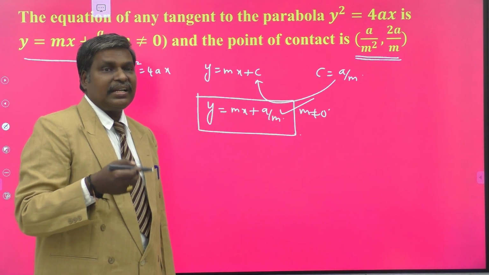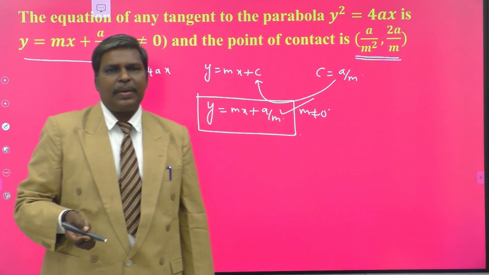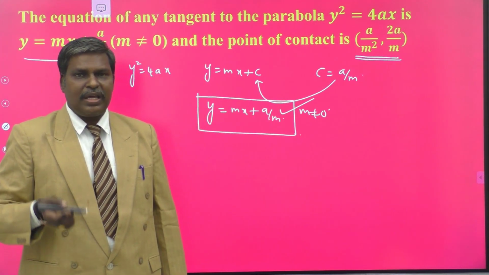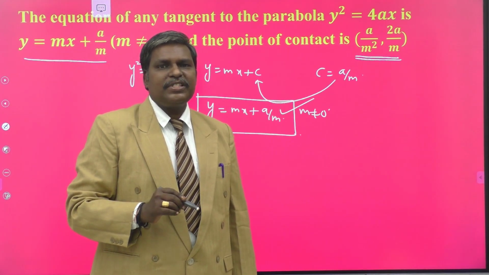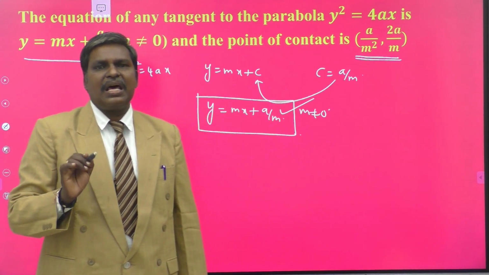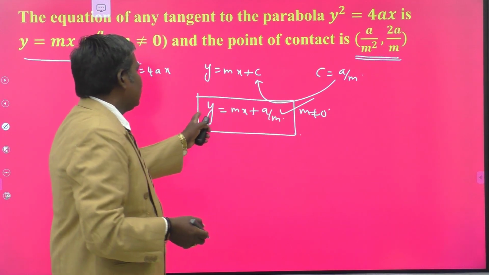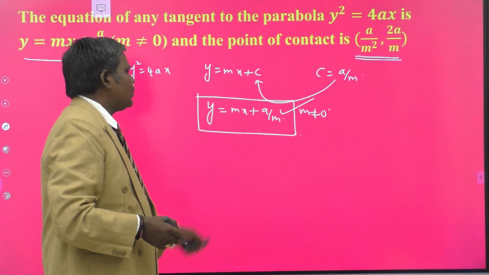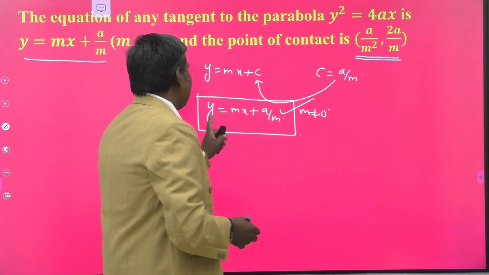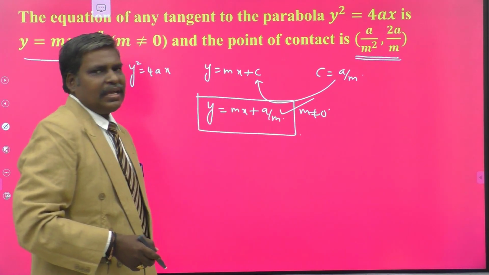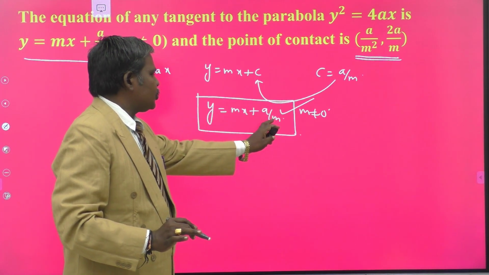Already we discussed the general tangent of a circle having slope m. What is that, my dears? For x square plus y square equal to r square, it is y is equal to mx plus or minus r into root of 1 plus m square. For S equal to 0, it is y plus f is equal to m into x plus g plus or minus r into root of 1 plus m square. In the same manner, we derived the tangent equation in general form having slope m to the parabola y square equal to 4ax, which is y is equal to mx plus a by m. There is no minus here. M may be negative or positive but not 0.